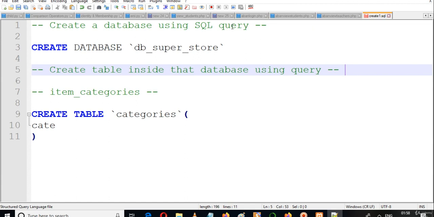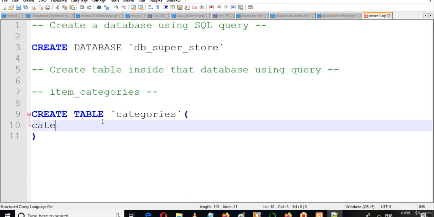So create a database using SQL query, create table inside that database using query. These are instructions to the students or to the user who will use this SQL file. I will also show you how we can import a SQL file to create a database and create tables. But now our task is to simply write some queries so that we can create a database and create a table. So now create table categories, and now the name of our first column is going to be category underscore